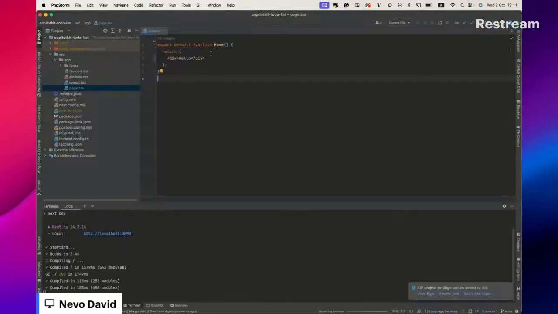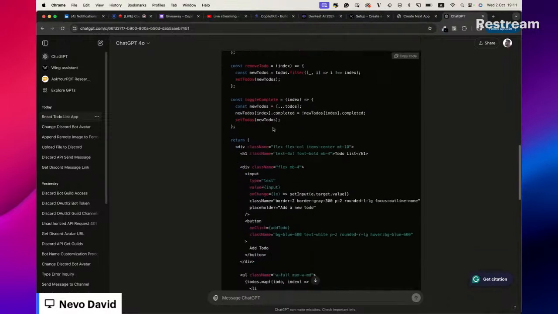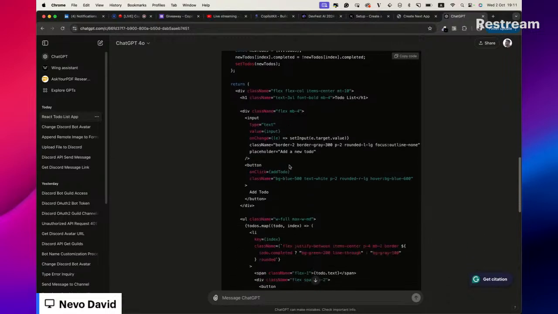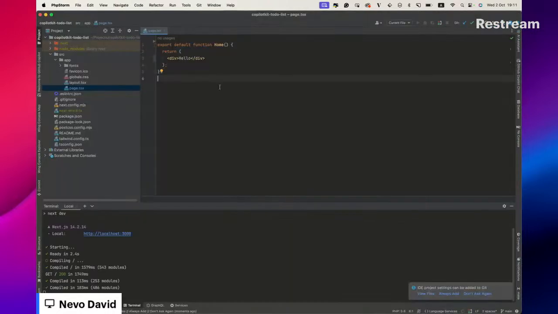Now, the thing is that what ChatGPT created for us, if we go here to ChatGPT, as you can see, is a simple React state. You have useState, you can create different to-dos, remove to-dos, and complete to-dos, something very simple. But they have state here. Now, when you use page in Next.js, you don't have access to state, because right now this main page is a server component. So if I go here and do const a equal useState, for example,